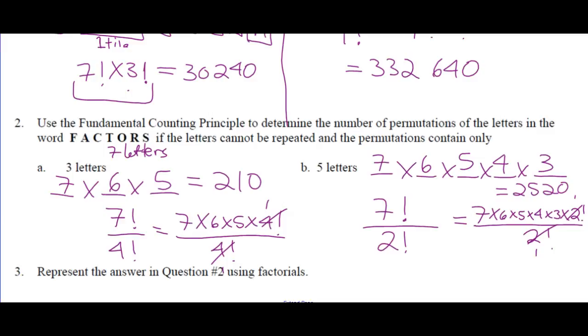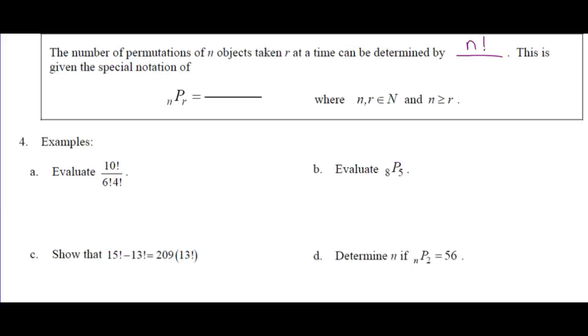So 7 taken 3 at a time gave me 7 factorial over 4 factorial. 7 taken 5 at a time gave me 7 factorial over 2 factorial. So where's this bottom number coming from? So it's 7 minus 3, or 7 minus 5. So it's n minus r